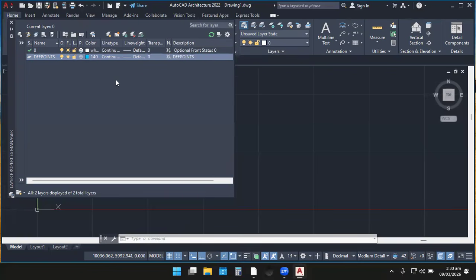So let's quickly set some new layers and then we move. We want to just design a single room with, let's say, a door and 2 windows. I think that would be cool for our lesson today. So let's set layers for wall, door, grids, dimension, text, and also some hidden lines as well.